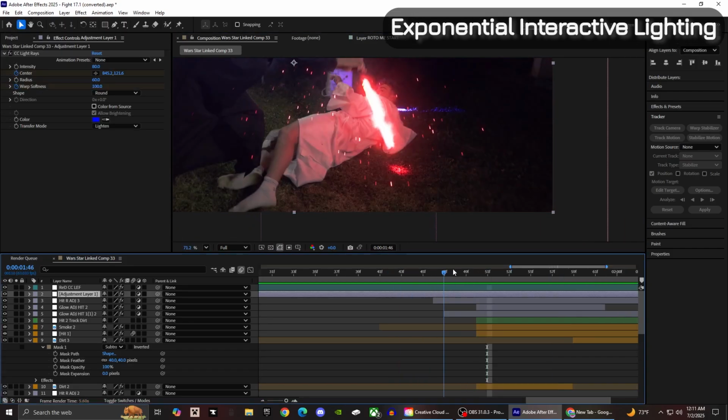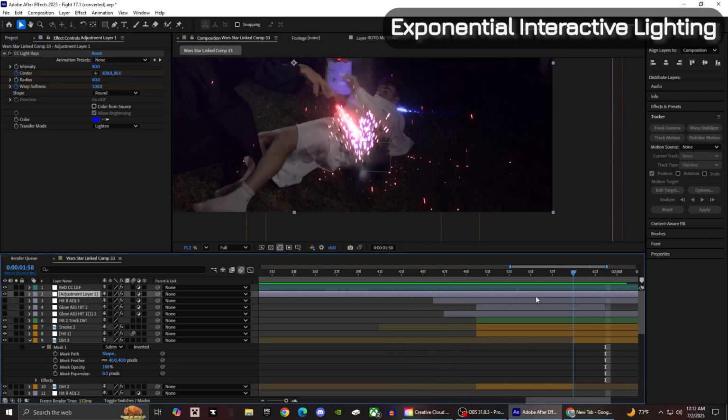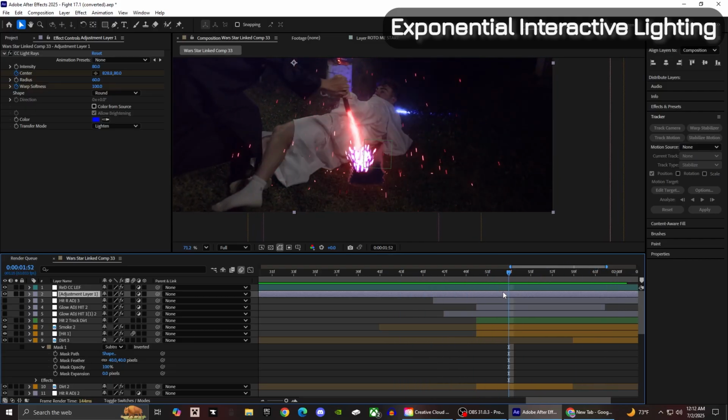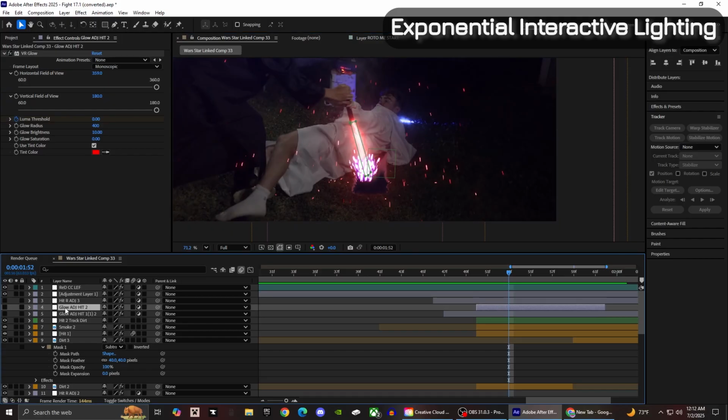So this is what it looks like with the adjustment layers. This is what it looks like without the adjustment layers. It looks like this. Kind of boring, kind of fake, honestly, because there's no light emitting off from the sparks or the Saber. So to help with that, I first added an adjustment layer with some just basic VR glow